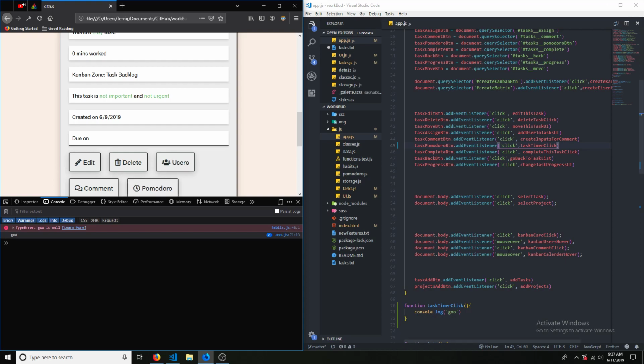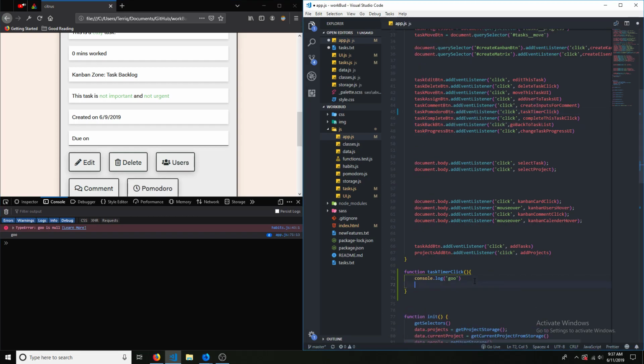Alright, very cool. So I like to just hide view, show new buttons, and this is going to be pomodoro, timer, countdown. Each button has a view. Okay, so on task timer click,